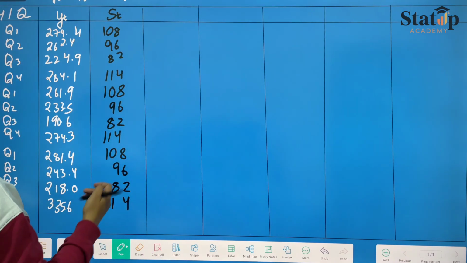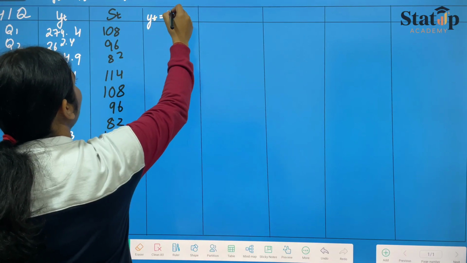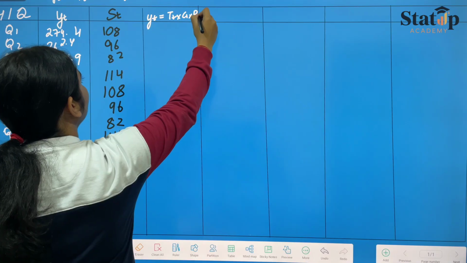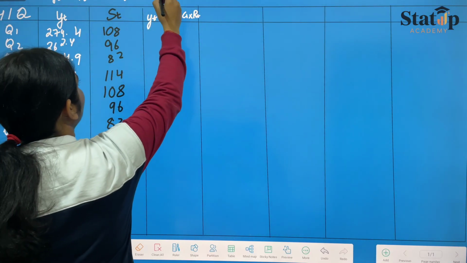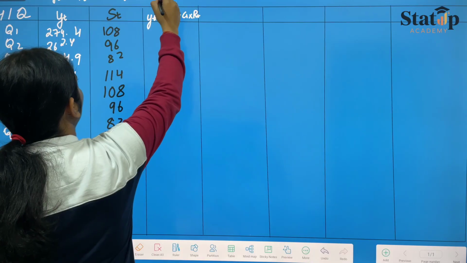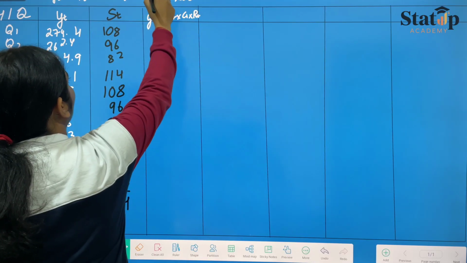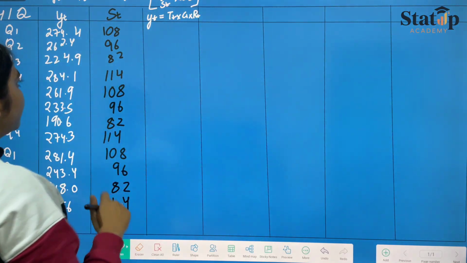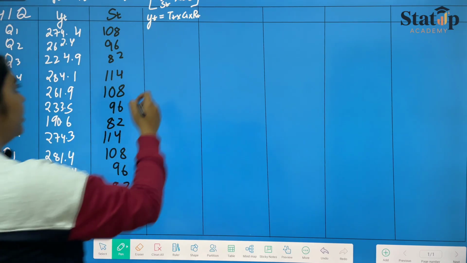Now, if we have to find YT equals trend into cyclical into random, then we have to divide this by the seasonal indices. This would be YT upon seasonal indices into 100. The formula for this column would be this. So if I divide by ST and multiply by 100, then I will get